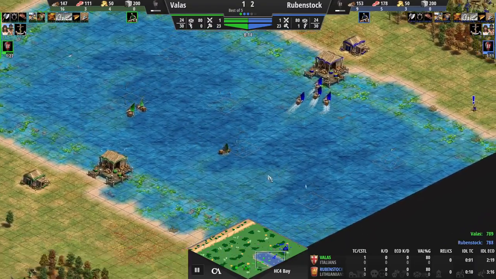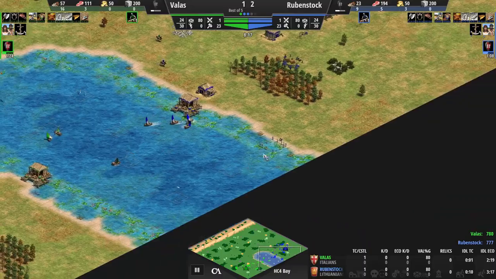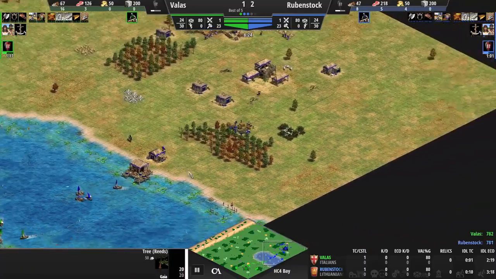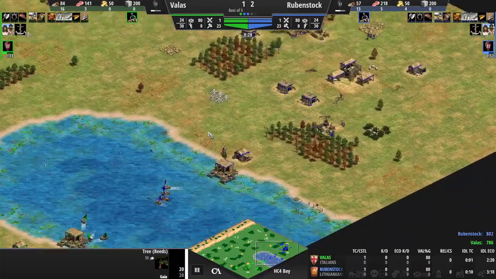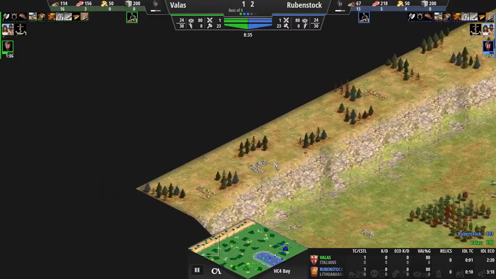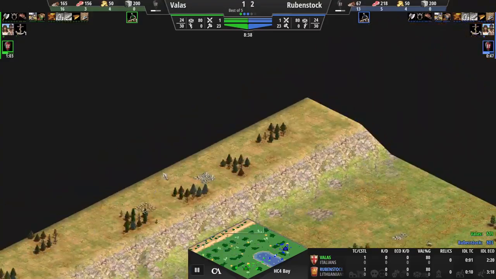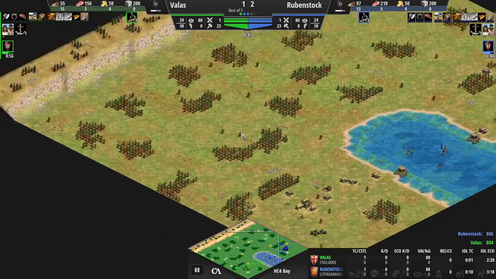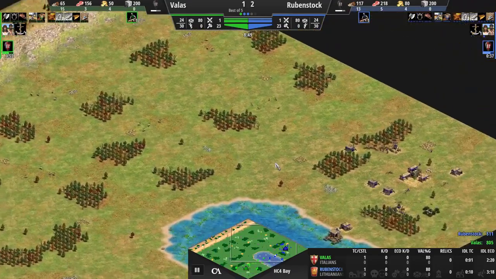Both players have gotten the fishing going quite neatly. Rubenstock will be adding a second dock. Both players will be advancing to the feudal age at more or less the same time. And up on this belt we have even more extra resources. So there is quite a lot of resources on this map. I would even almost say it's